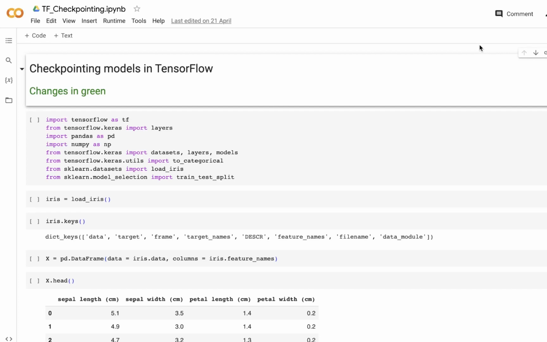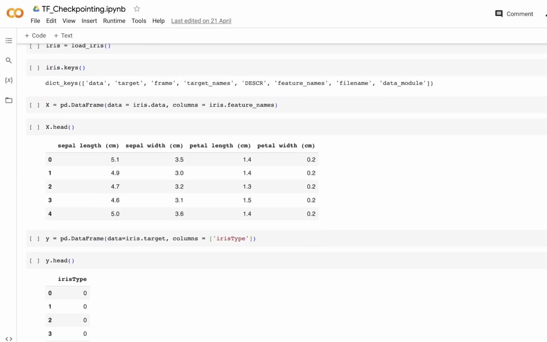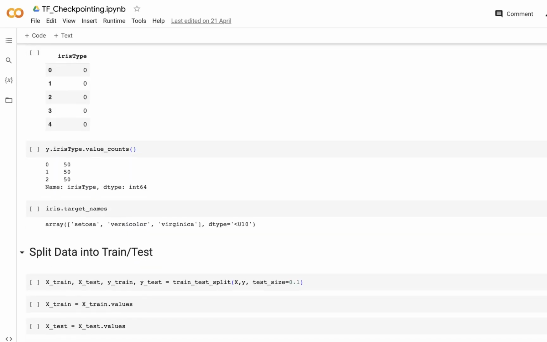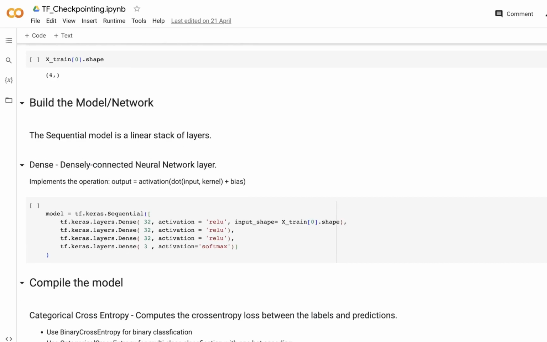Hello everyone. Today we are going to look at checkpointing models in TensorFlow. So before we look at it in detail, let's understand what checkpointing is. Before that, we'll use the usual template that we have been using in the previous videos. We'll use the iris dataset, we'll load the dataset, and we split the dataset into train and test, and we'll